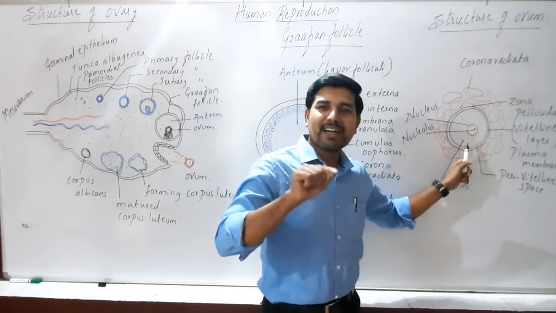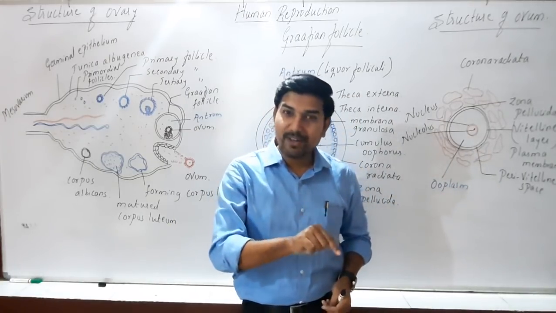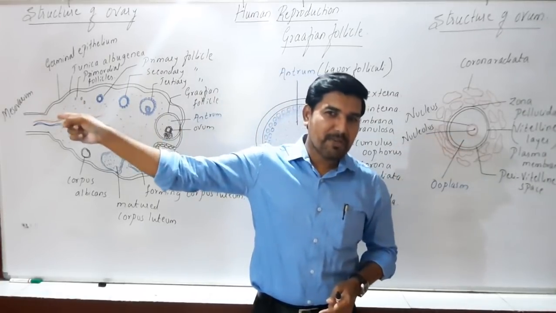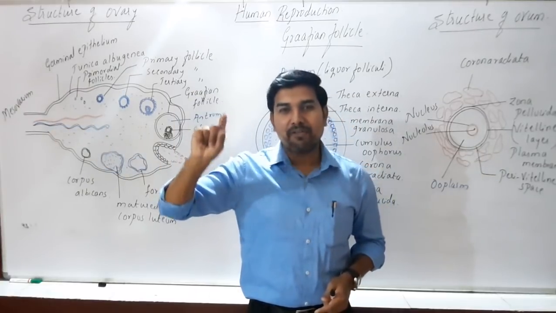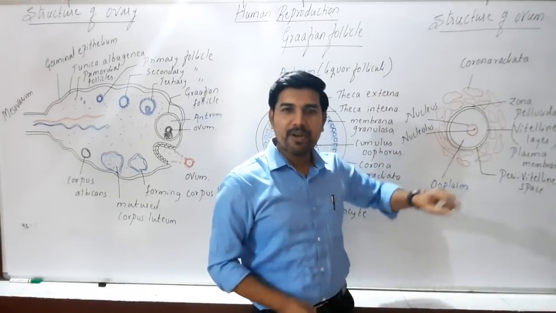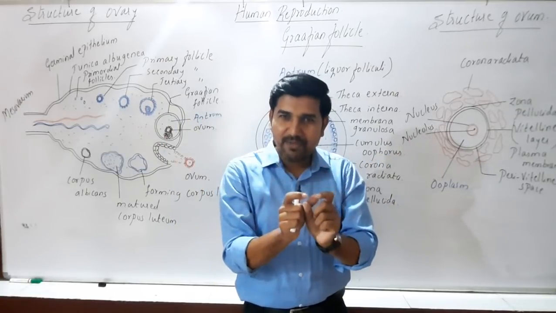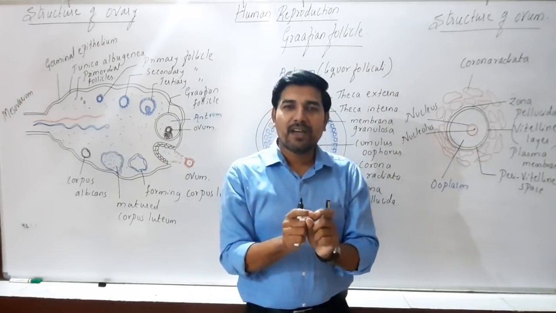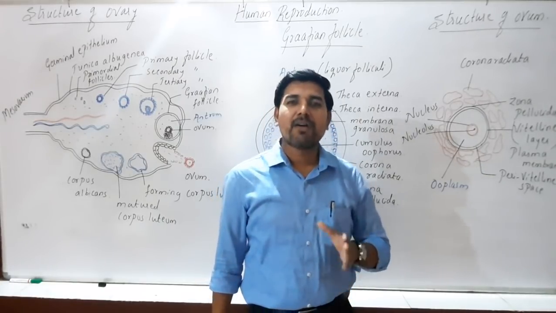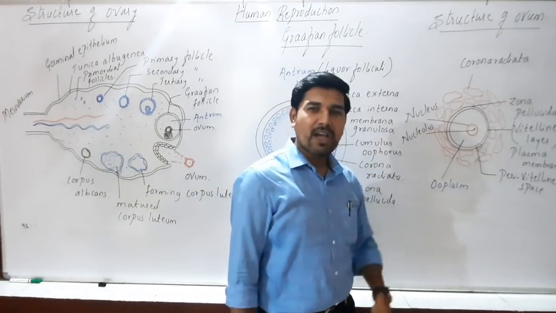Now this nucleus consists of a haploid set of maternal chromosomes, a haploid set of mother chromosomes. It has 23 mother chromosomes. Remember, the nucleus of the sperm has how many chromosomes? A haploid set of father chromosomes, 23 father chromosomes. When these two nuclei fuse, it leads to the formation of a diploid zygote, where the chromosome number becomes 46 after fertilization. So this is regarding the structure of the human ovum.